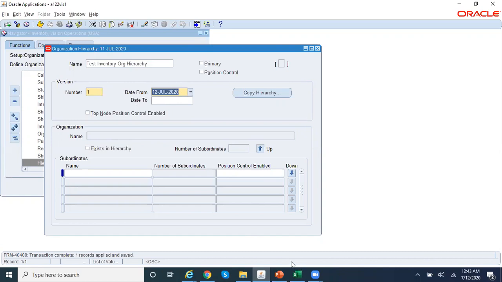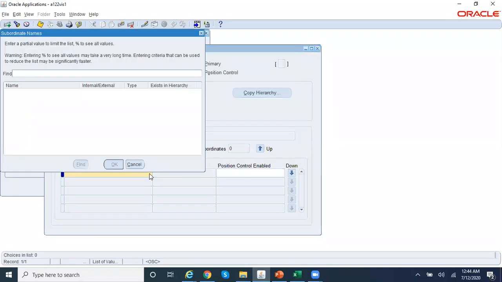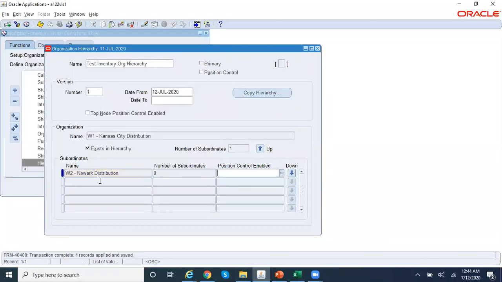In order to group all those five inventory orgs, first put your cursor here. As you have created this organization hierarchy, Control C, requery this inventory org. Okay, and now query for any of those inventory orgs. So we are grouping. Let me select W1 as my inventory org. Okay, and then under W1 I'm grouping W2, W3, and W4. So W2, save this.